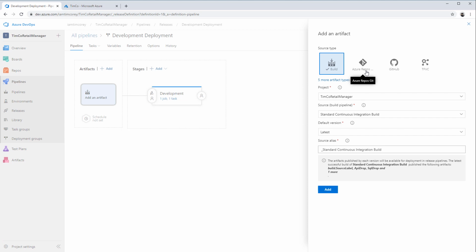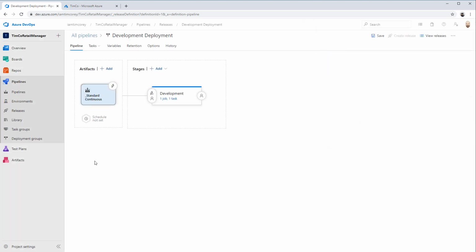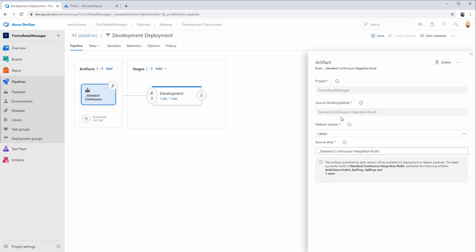So again, this is all modular. If you want to use just pipelines or just releases from Azure DevOps, you could do that. It is nice to have it all integrated though, since it finds it very easily. We hit add. Now notice that it's going to trigger off of our continuous integration, right? Well, not quite yet. It's going to pull from our continuous integration, but it's not going to trigger off it